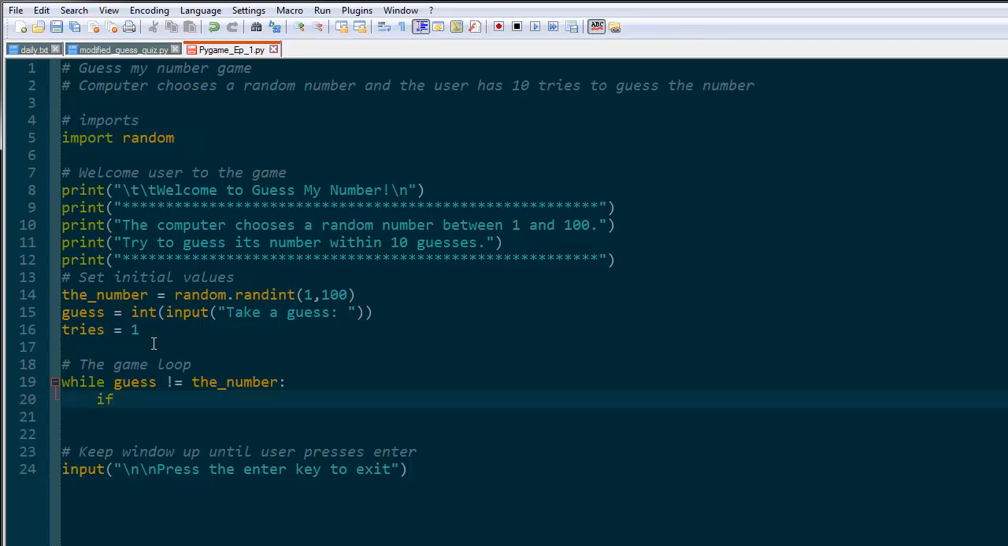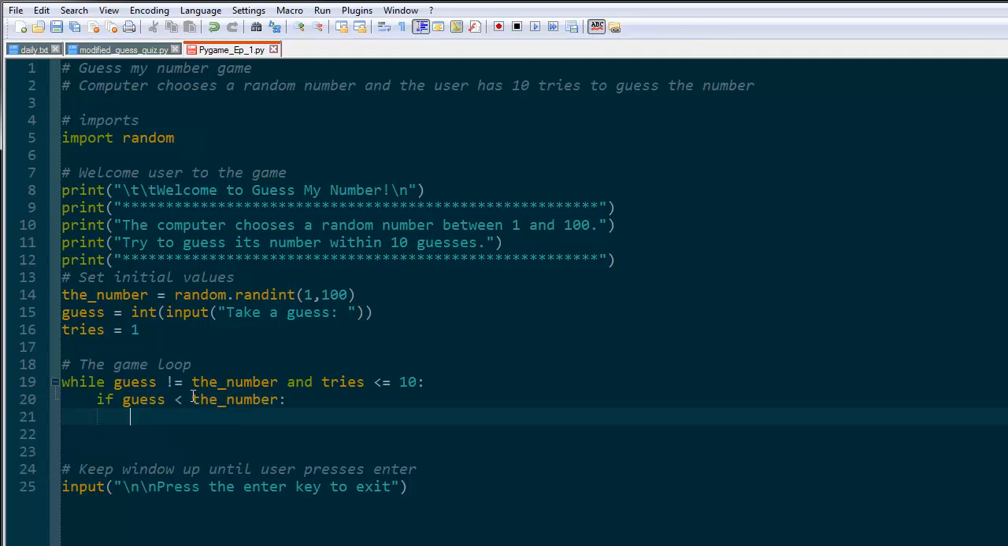So if guess, well, I should say, if, we should probably put up here, and tries is less than or equal to 10, so they have exactly 10 tries. Okay, so now if guess is less than the number, so this is like if the number was 50 and they guessed 25, so we need to tell them to